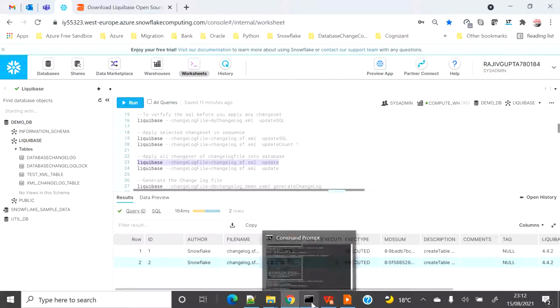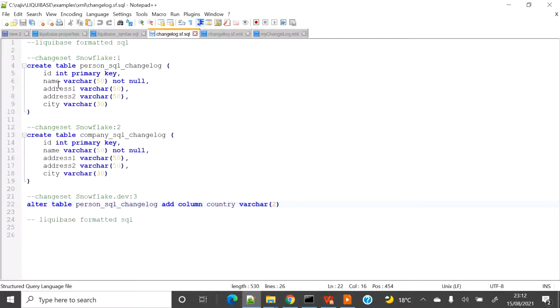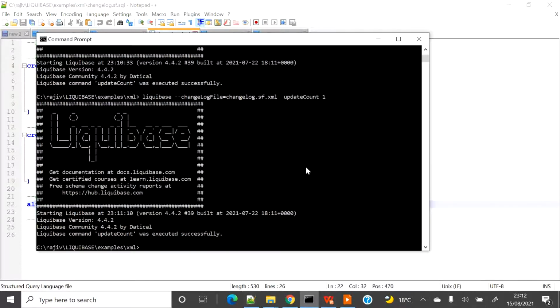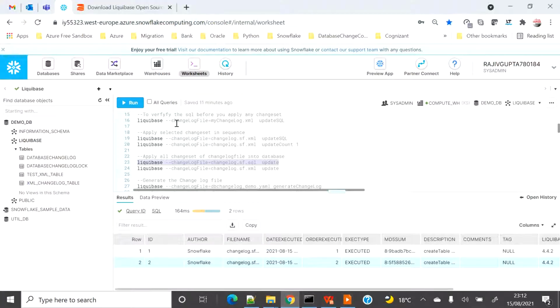Before I go to the SQL file, let me show you what is there. For this SQL file, we have two tables and one alter statement. So let's see. It will just create all the three tables and then it will report that it is done successfully.